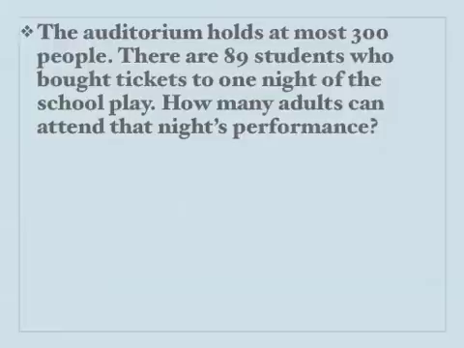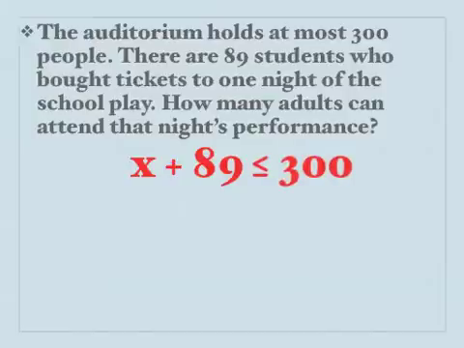Notice that 89 tickets have already been bought by students, so we know that 89 students are going. We do not know the number of adults going, so that's going to be our variable. To find how many people are there all together, I would need to add adults plus students. Adults is unknown, so adults could be my x, plus we know that 89 students have already bought tickets. We know that x, the number of adults, plus 89, the number of students, has to be less than or equal to 300 because the maximum number of people that can be in the auditorium is